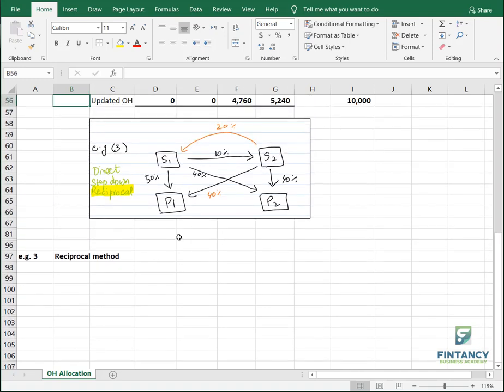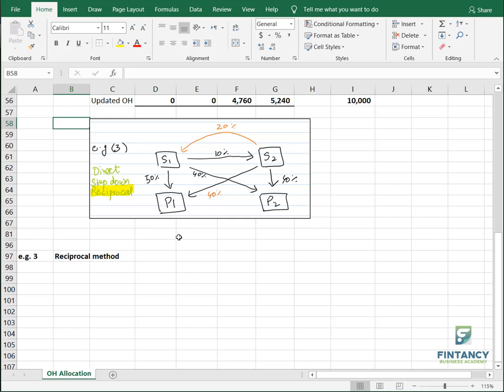Okay, so whenever you have this type of situation in which there is inter-service departmental relationship and both are giving to each other, in this case the better method to use is reciprocal instead of step down method. Okay, because if you use step down method in this situation, it is a little bit controversial because you are not considering the other side, which was basically S1 was giving back to S2 also, so you ignored it. Getting the story?